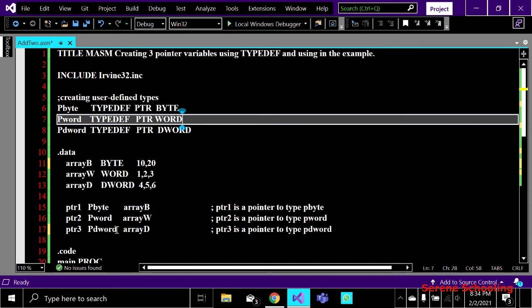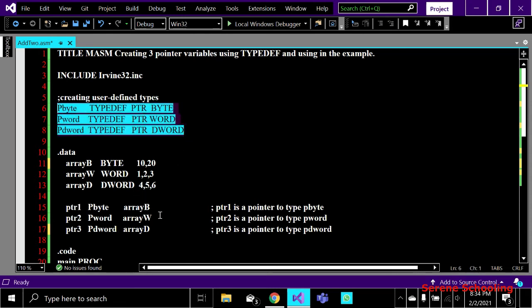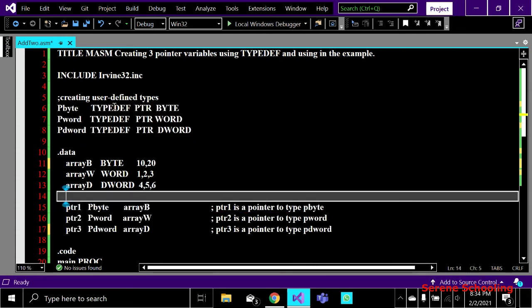And similarly over here. But remember one thing, this block and this block are different from each other. Here you are defining your own data type, you are not creating pointers, remember. You are just defining your own types, that is p byte, p word and p dword.